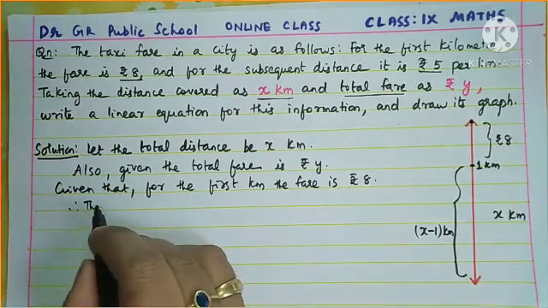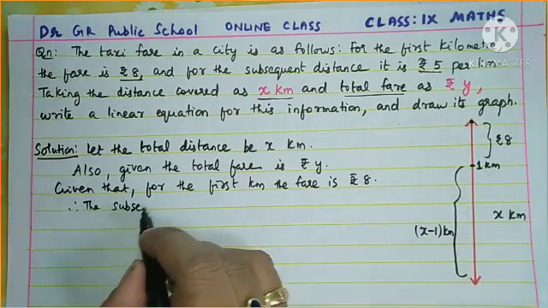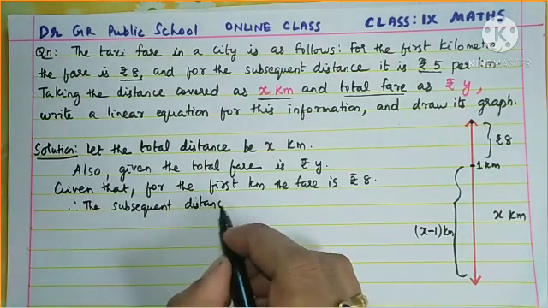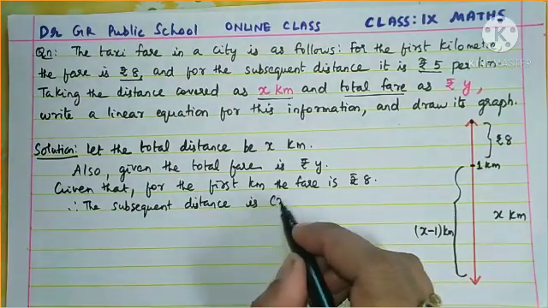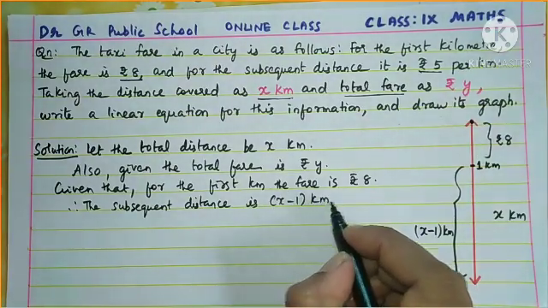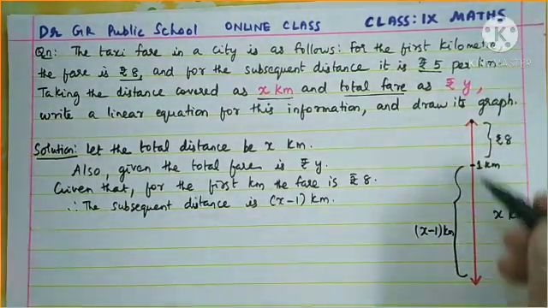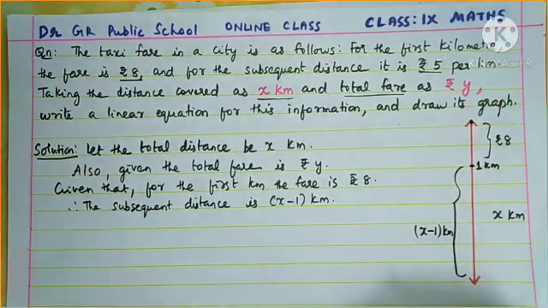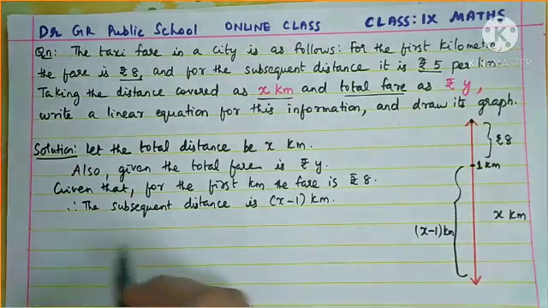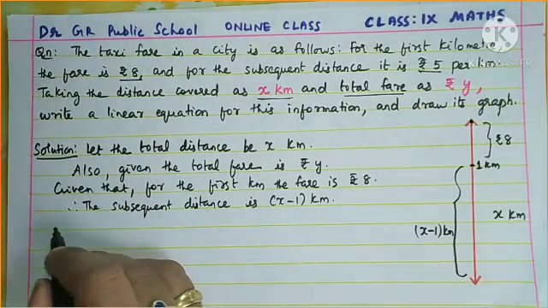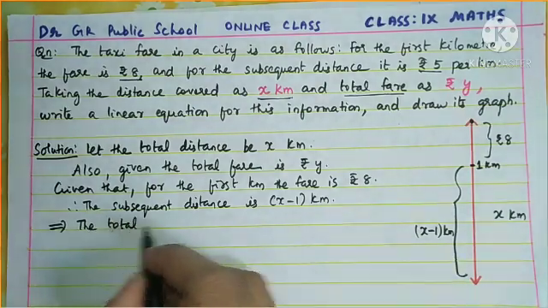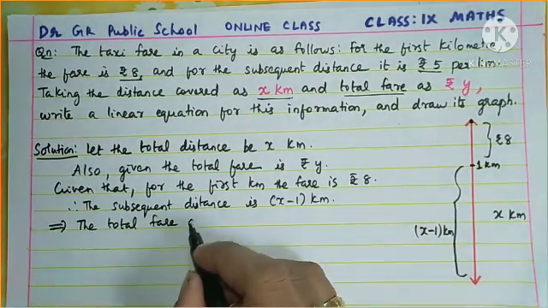Therefore, the subsequent distance, that is the remaining distance, is x minus 1 kilometer. How did this come, did you understand, children? From the total distance we subtracted the first kilometer. Yes. Now this implies the total fare of the